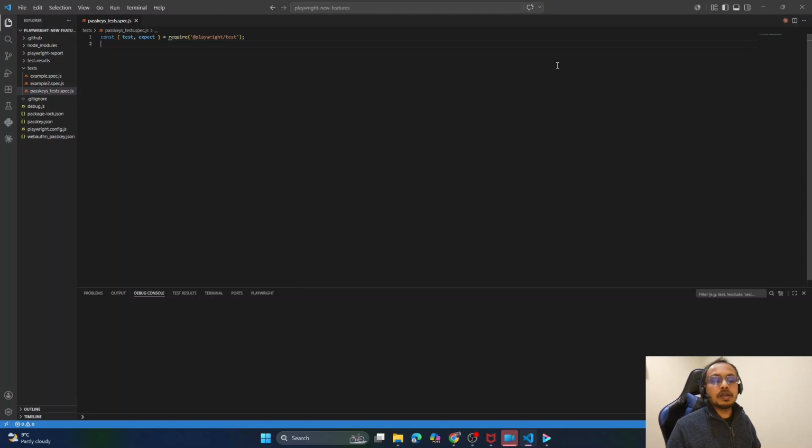Okay, I already have Playwright installed in my project and I have created a new file for this test. What we are basically going to do is first register a user and then capture the passkey, and then we are going to authenticate using that captured credentials. Let's get started. So I'm going to create a test